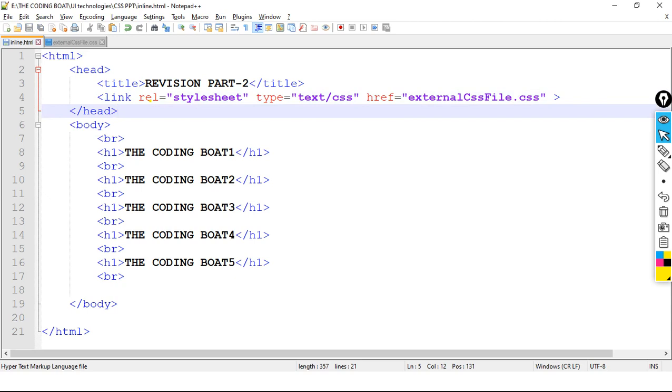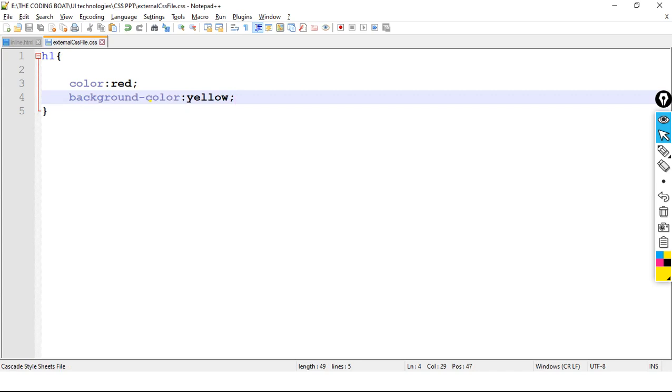What will happen? We have this page where color is red, background color is yellow.